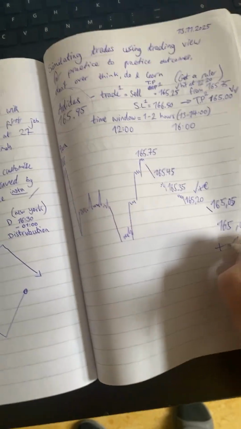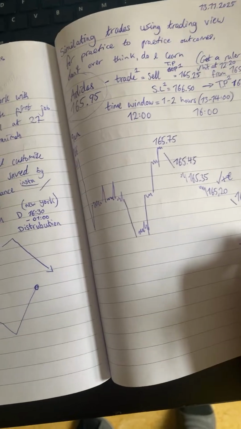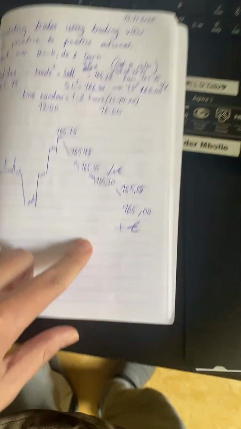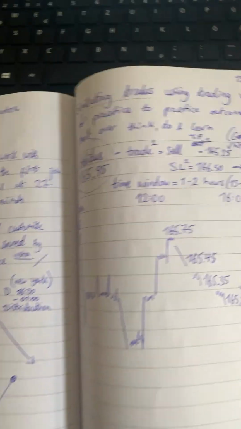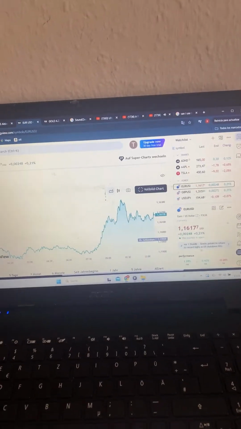Okay, so you guys could have done that with real life money and would have made money on the Adidas trade. German time right now. So that went well. Now we've got the euro US dollar currently at 1.1617